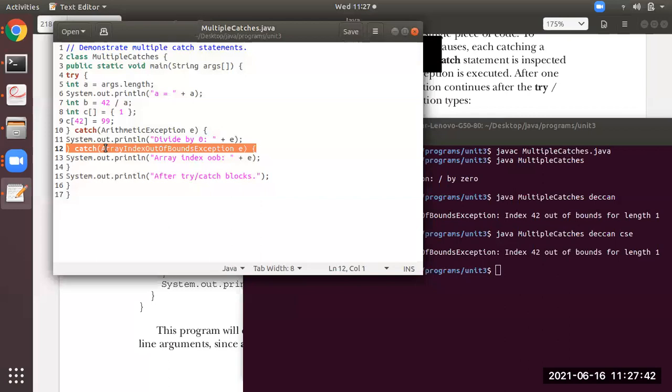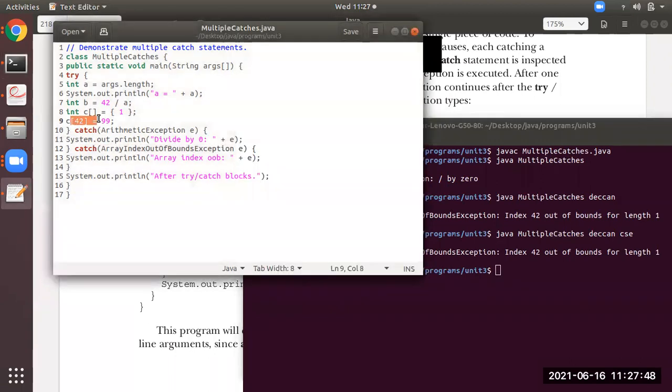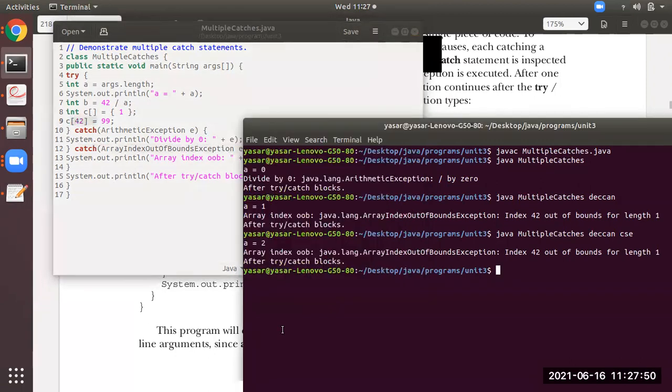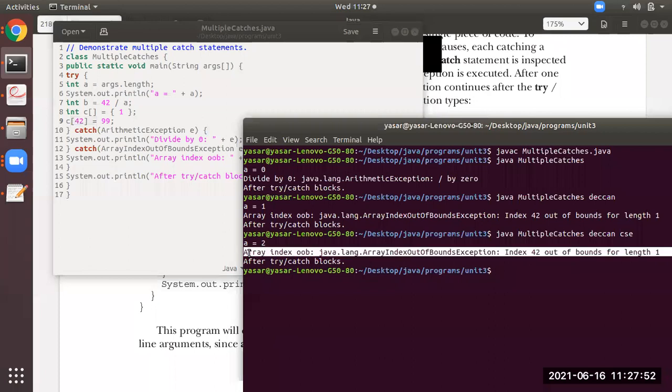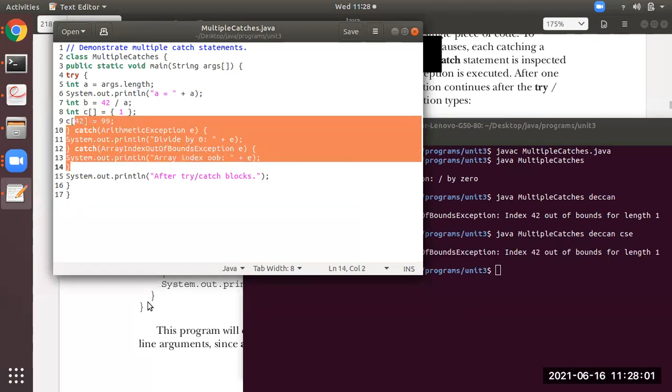So from here, this catch will catch it again. You can see here A is 2 because of the 6th line, but at the 9th line it has thrown the error, and the 12th line catch will catch it. I hope you all have understood this program, students. Multiple catches: you can see there are 2 catches. In the previous program you saw only 1 catch, but in this program there are 2 catches. That means according to the error thrown from the try block, that kind of error is caught by the catch.